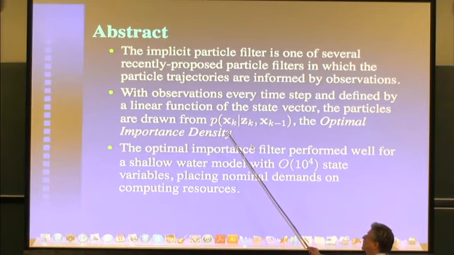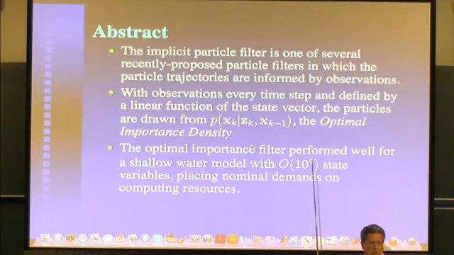For each individual particle, you can sometimes get away with the probability density conditioned upon the observation and the state of that particle itself. So that'll vary from particle to particle, and that's what has been called optimal for various reasons. And I'm going to show you that this performed well for a shallow water model with about 10,000 state variables, which is a lot. Even though when I submitted the paper, one of the reviewers complained, "Oh, come on, 10 to the 4th is nothing. The weather models have like 10 to the ninth."